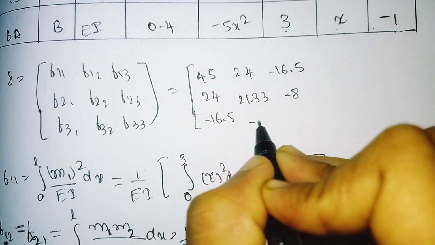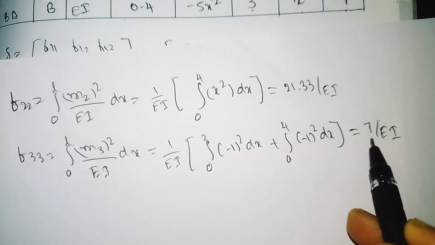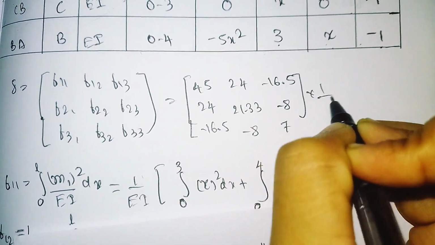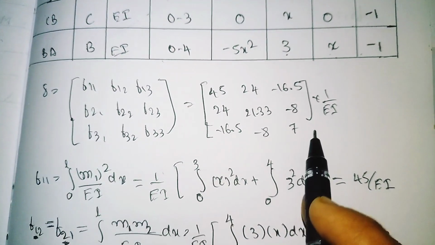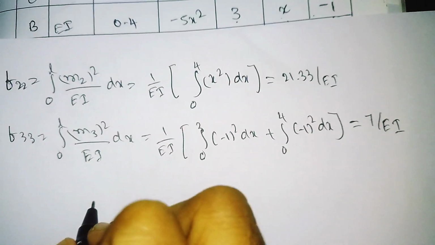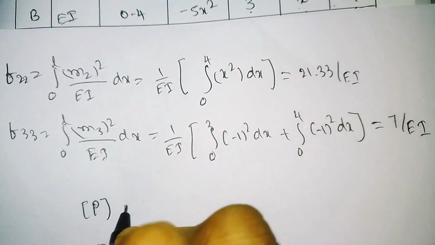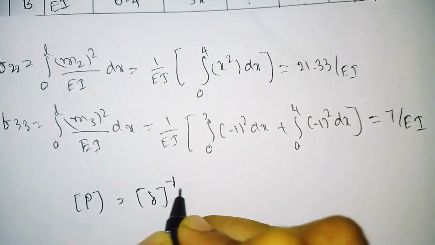F32 value is also minus 8. F33 value we got was 7. So put it here, divided by 1 divided by EI. So this is our flexibility matrix. Now from the compatibility equation, the P matrix is equal to the inverse of the flexibility matrix